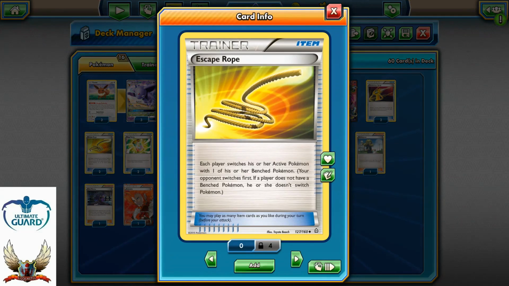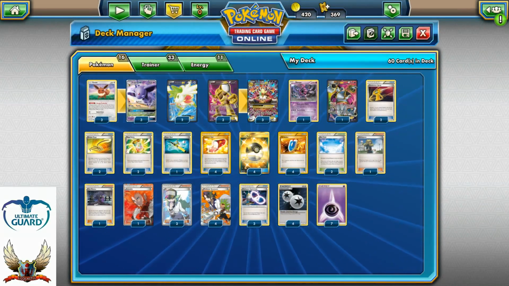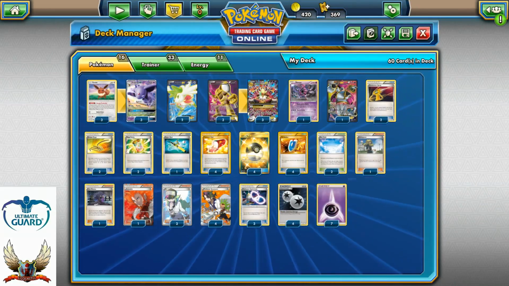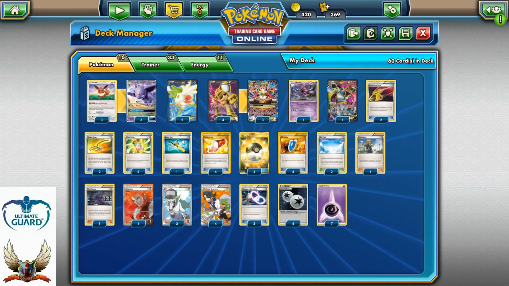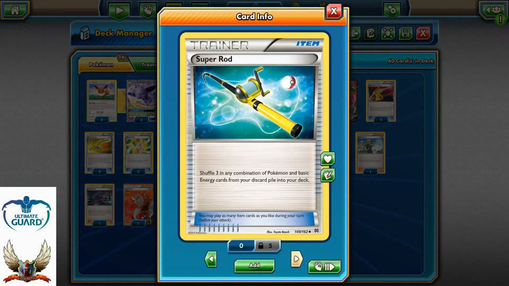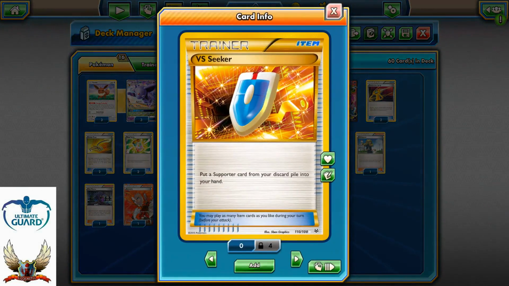2 copies of Escape Rope, of course, for those Trick... evil Trainers, and anything else, because I'm not running Float Stones or Olympia in this deck. 2 copies of Mega Turbo, simply to get energy acceleration to my Mega Alakazam. Single Super Rod, 4 copies of Trainers' Mail and 4 Ultra Balls for the best consistency, featuring 4 copies of